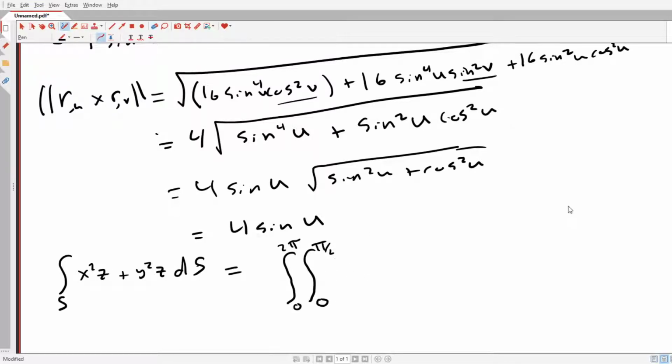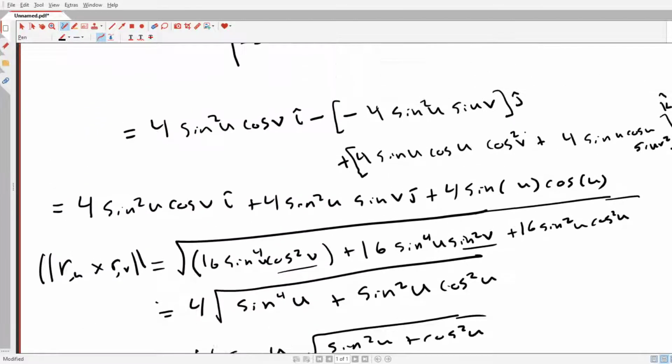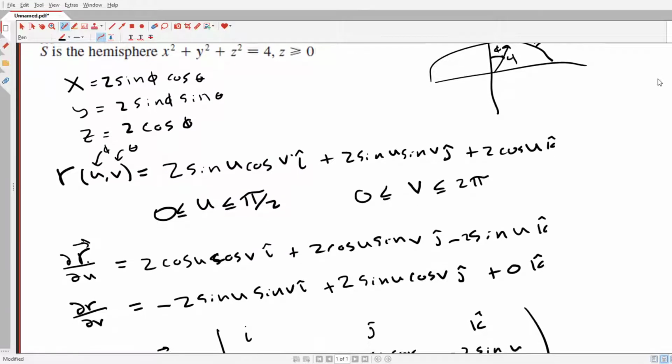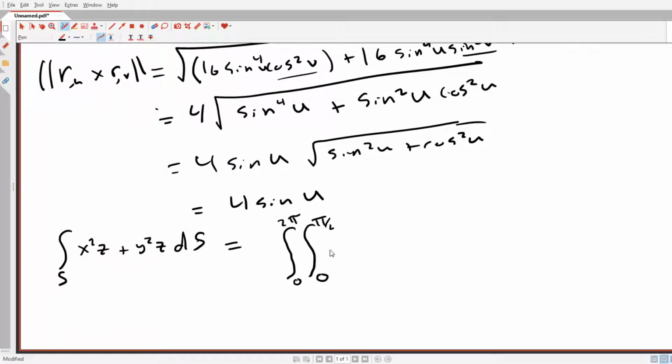Oh, I want it in terms of u and v. So x is going to be 2 sine u cosine v times z, which is 2 cosine u,